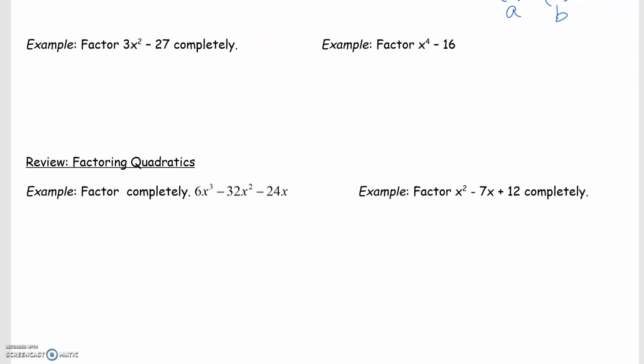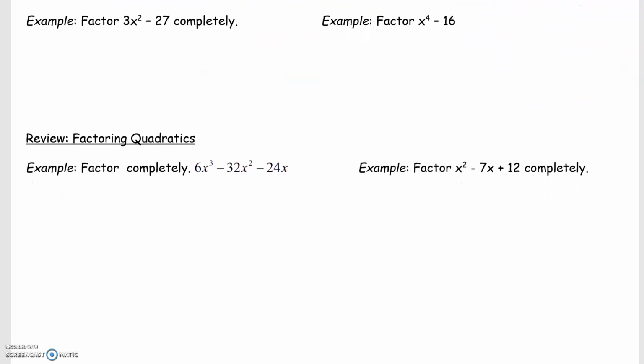Okay, and for this next example, looking at 3 and 27, okay, 27 is more of a cube, but we're looking at squares for right now. And 3, there's not a square or a cube, so we need to go ahead and divide 3 out, because I noticed that our greatest common factor is 3 on this problem. So 3 is going to go on the outside, x squared minus 9 goes on the inside,